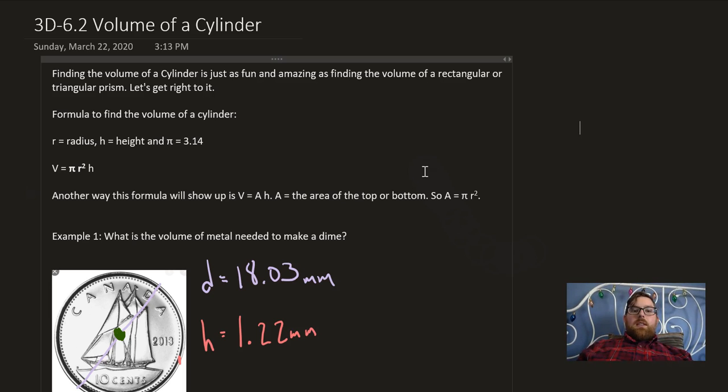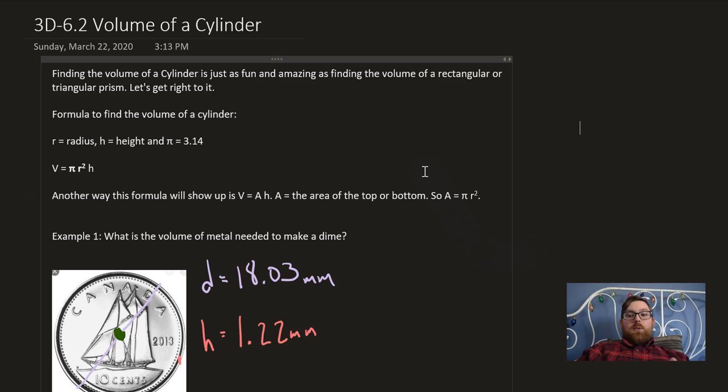There's one formula that we're going to be using. If you find another formula for the cylinder that you're using, just remember those steps when we're working through questions: I need to see the formula you're using before you substitute any value into it. Otherwise, I won't know what's going on, and I won't be able to follow and give you recognition when you deserve it. So, the things you need to know: r is going to be radius, h is going to be height, and pi that I'm going to use for these questions is